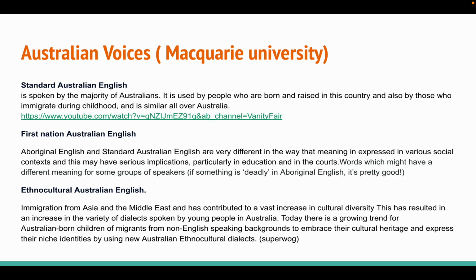And the main example of Australian dialects is ethno-cultural Australian, which is because, like we mentioned before, Australia is full of migrants and immigrants. So there are many different ways of speaking English, and that's represented here. Lars said there's a lot of Greeks living in Australia, so they have their own way of speaking English because their parents have an accent, and they live in Greek communities and things like that. So yeah, that's that one.